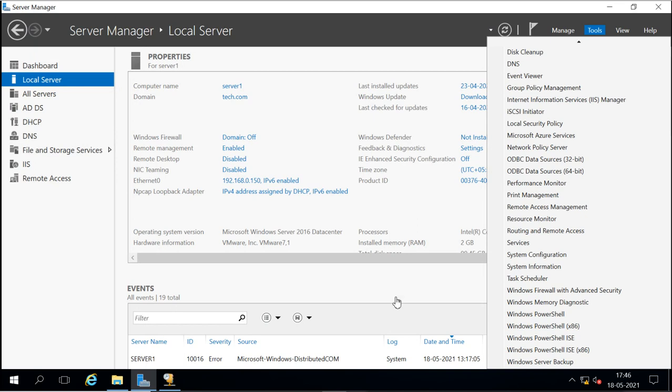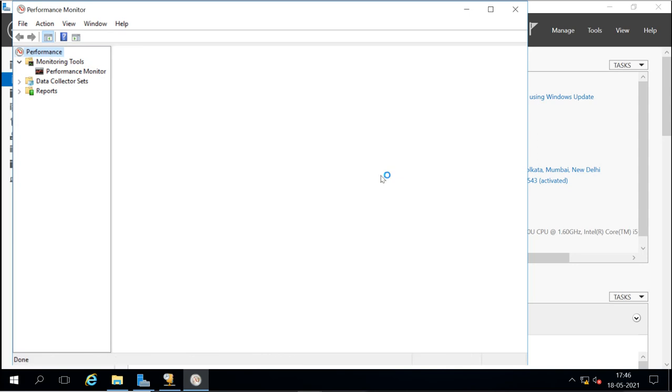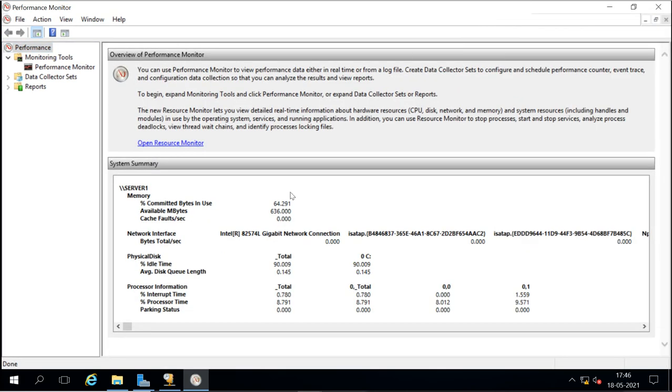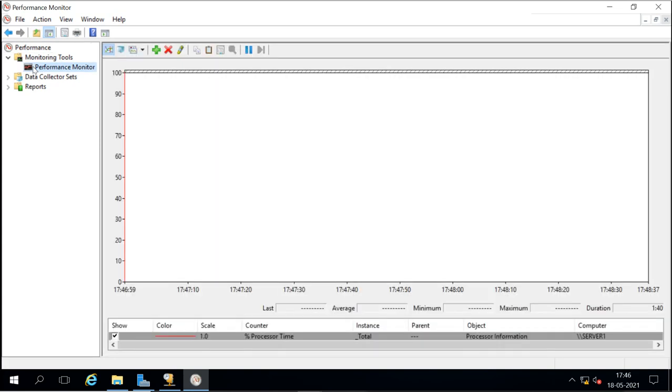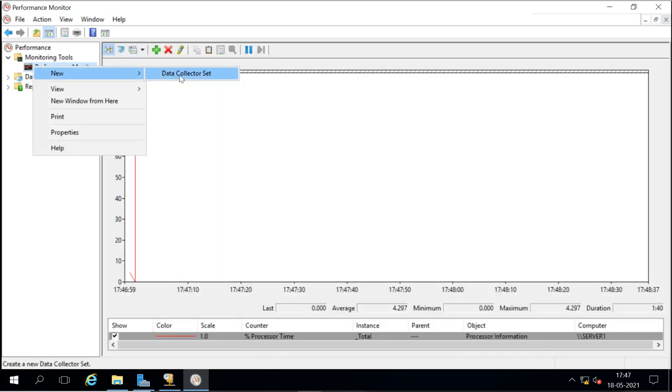Instead of Task Manager, we can use tools like Resource Monitor, or we can use Performance Monitor also. It will show you the current performance of your system, and in that it will show you the system processes also. You have to add the collector set.